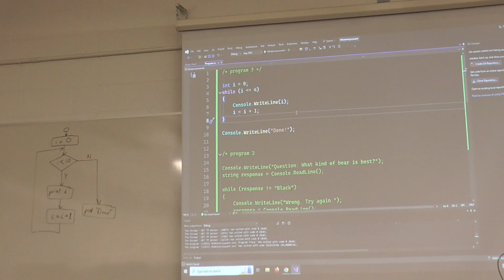What is I plus 1? 1. So we assign I plus 1 to I. Next, we hit the end of the loop. We go back up to line 4. Is I less than or equal to 4? Is 1 less than or equal to 4? Yes. So we proceed to line,